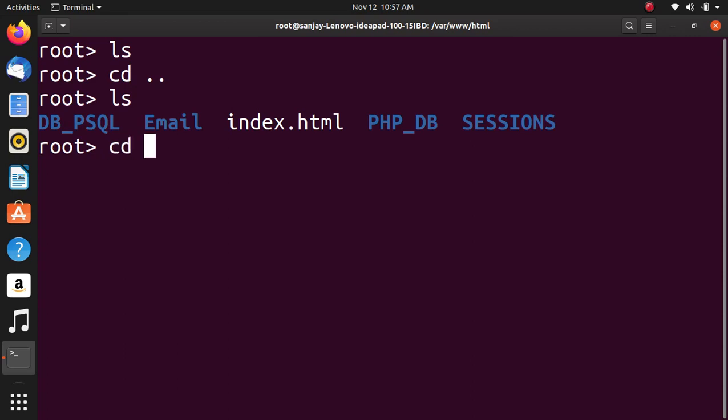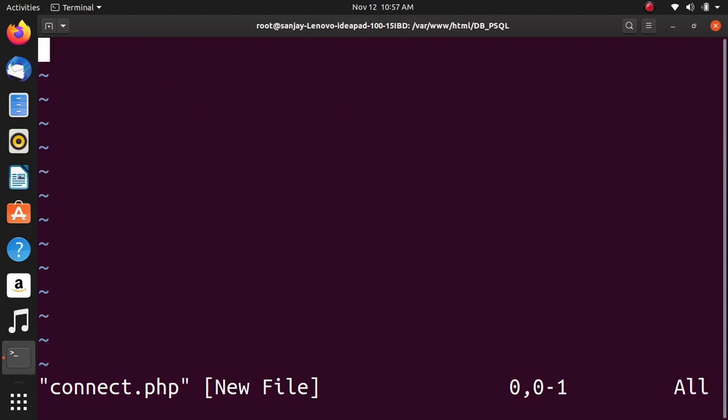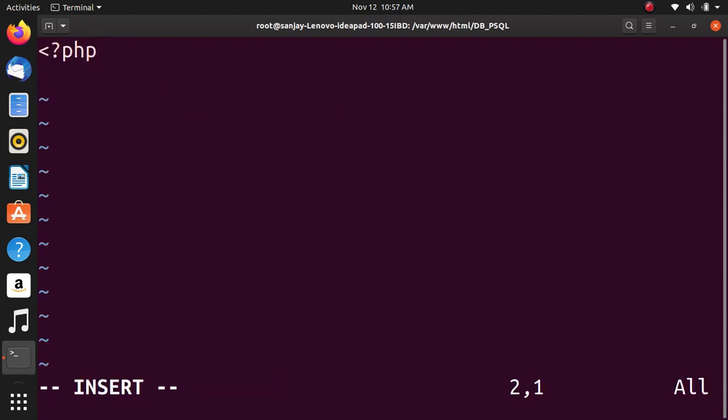Okay. PHP delimiters, then pg_connect. This is the function which is required to connect to the Postgres database.